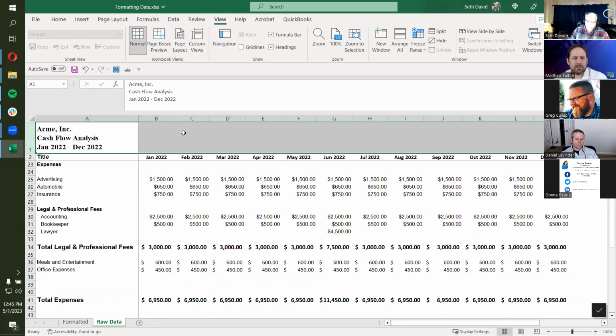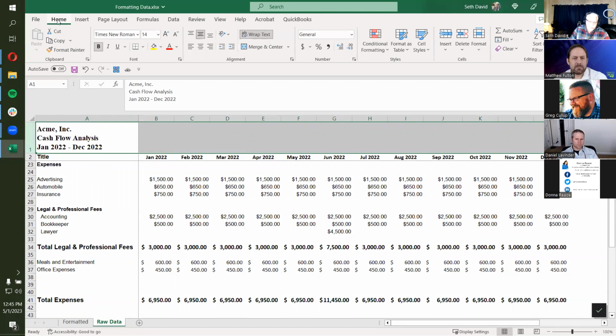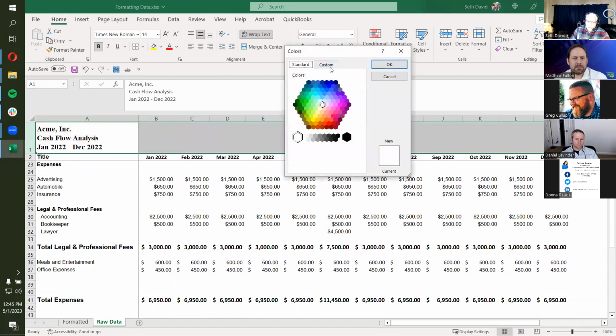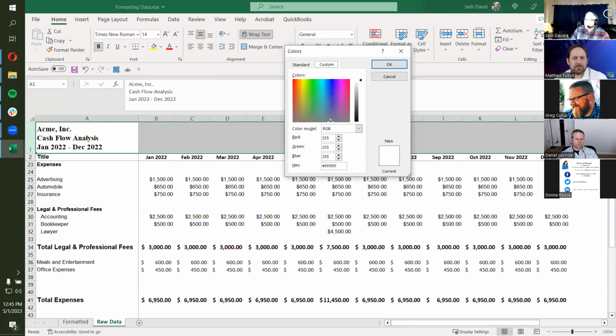I'm going to highlight this whole row. And I can do this one of two ways. If I'm on the home tab here, I can get into my color palette and I can go to more colors. Okay. And then I go to custom. And I took the time ahead of time to copy the hex code that I used for that color green. So I'm going to copy that from my other screen, noting that it includes the little hashtag and the hex code. So I'm going to get rid of that one and paste in mine.